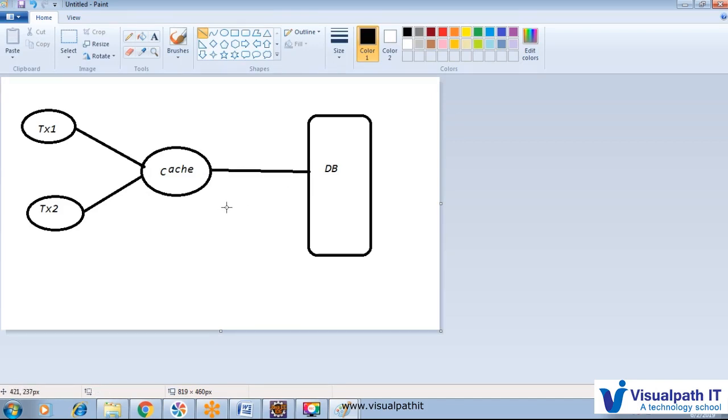When we utilize one cache with multiple transactions, this kind of construction is called the process scope cache. So per application maybe multiple transactions are there, and here we can utilize only one cache to provide all the transactions' values.